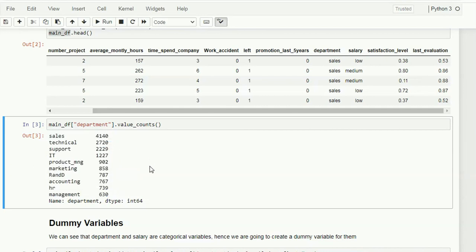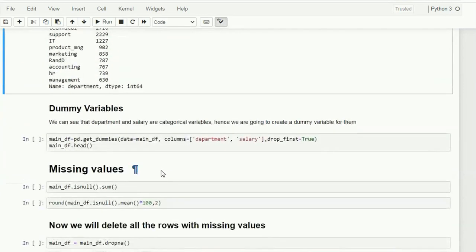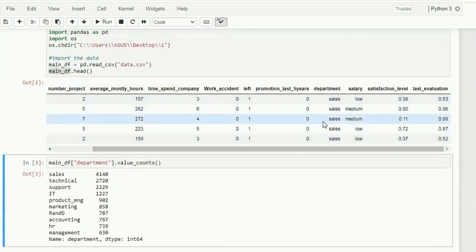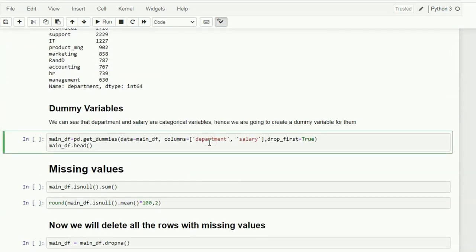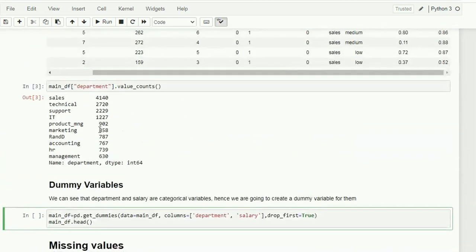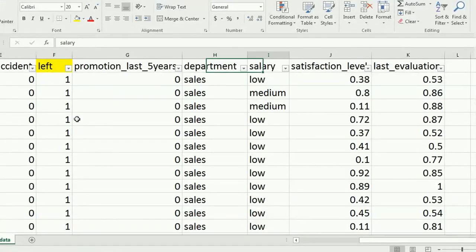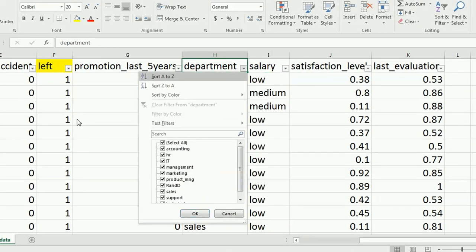In order to create the dummy variables, we are going to use the pandas get underscore dummies, for both department and salary, the two categorical variables. Python will take the variable which comes first alphabetically, and we can check it here: in department, accounting comes first,